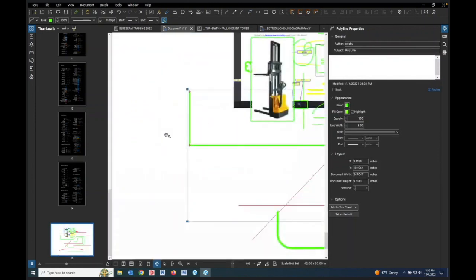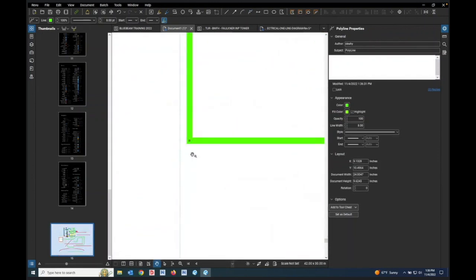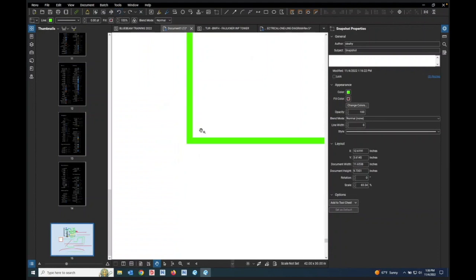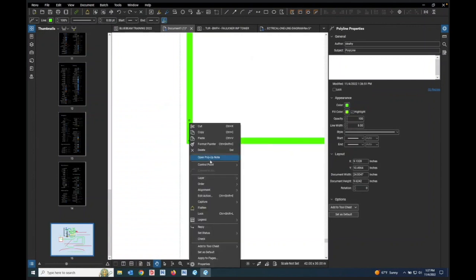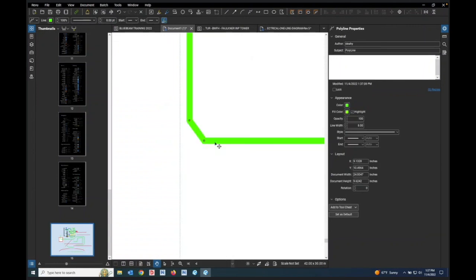If that was a conduit path or something like that, you say, I'd like to make that a radius right there. Now, I believe if I right-click here and I add a control point, and I right-click here and I add a control point, and I delete this point. Oops, sorry. Put that back. Come back to me now. You have to remove the control point, and then right-click on that line and convert it to an arc. You can see it went the wrong way, but